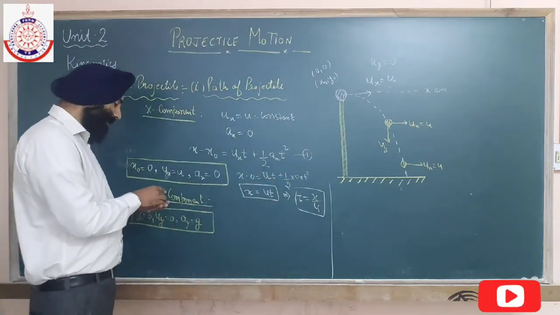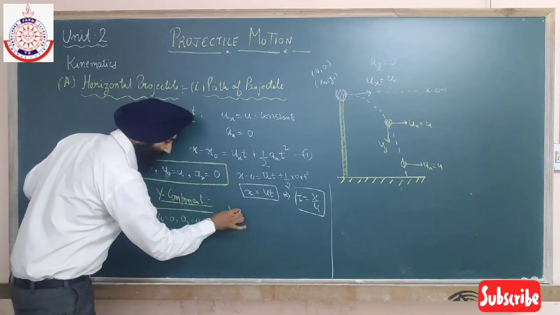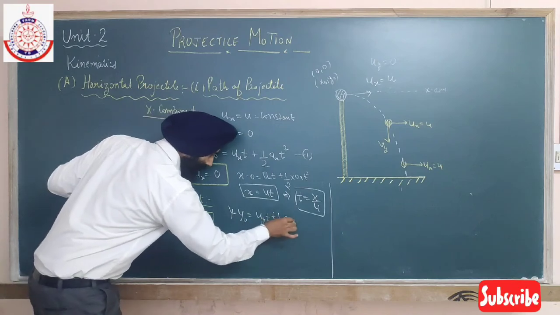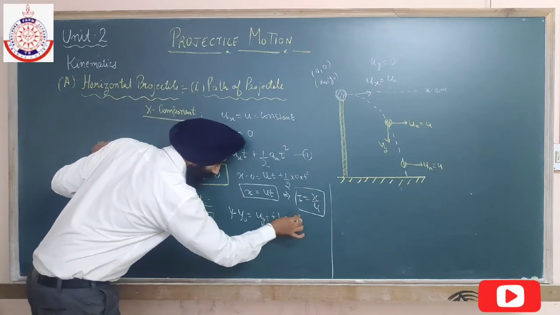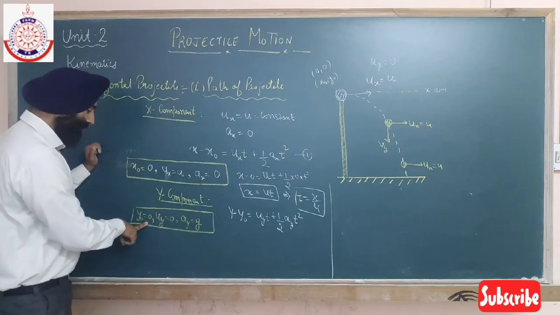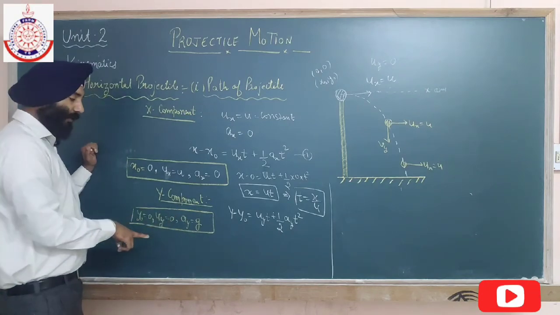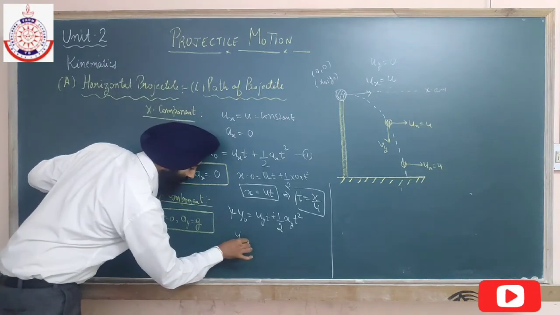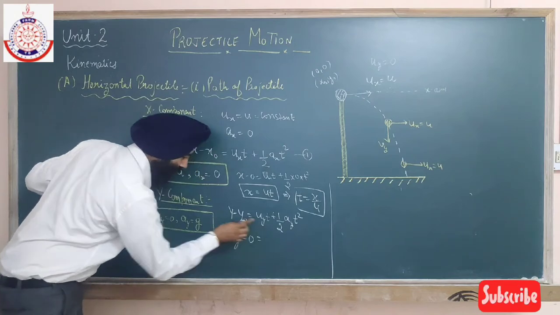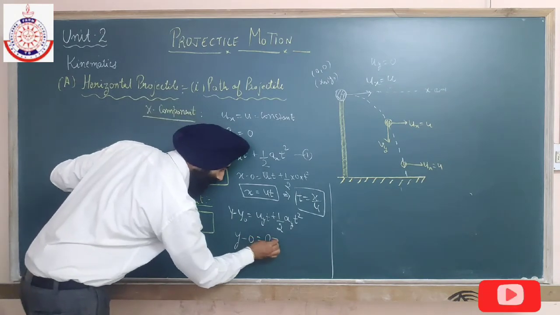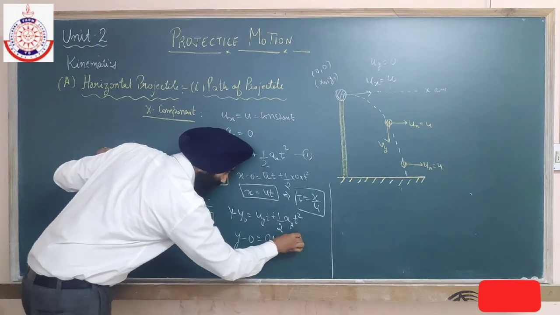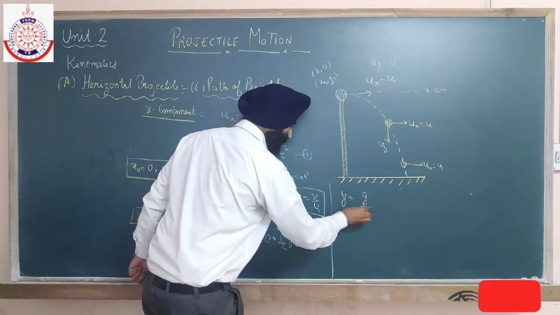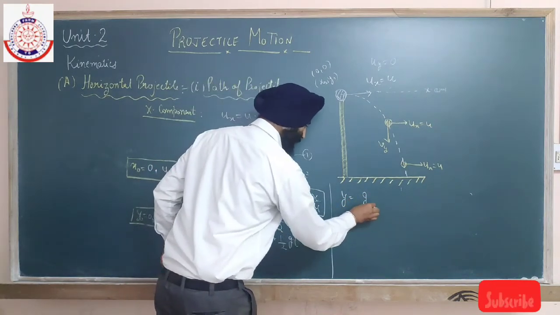So now for the y component I am taking the equation of path. y minus y naught equals u_y t plus half a_y t square, where a_y is the y component of acceleration. Here I am starting from 0. Initial velocity is again 0 along the y-axis and acceleration is because of gravity. So this equation becomes y minus 0 equals u_y, which is 0, times t, that is 0, plus half g t square. So y equals g upon 2 into t square.